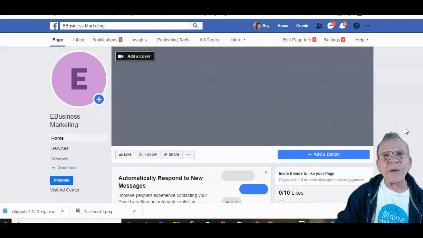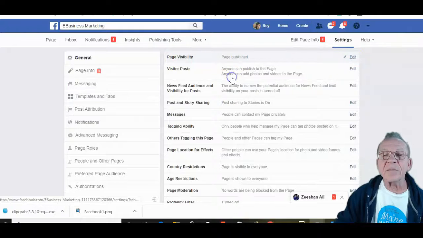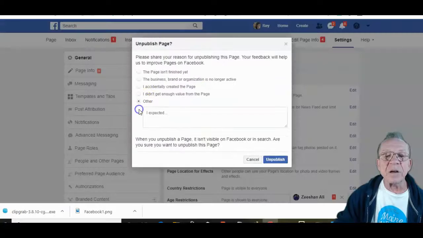So right now it is viewable to the public. So you want to unpublish this page until you're done with it, right? So what you're going to do is you're going to go up to settings right here, and then you're going to go to page visibility right here, and you're going to edit changes, and it's going to say unpublished page. Please share the reason why you want to unpublish the page. So I'm just going to put other right here,